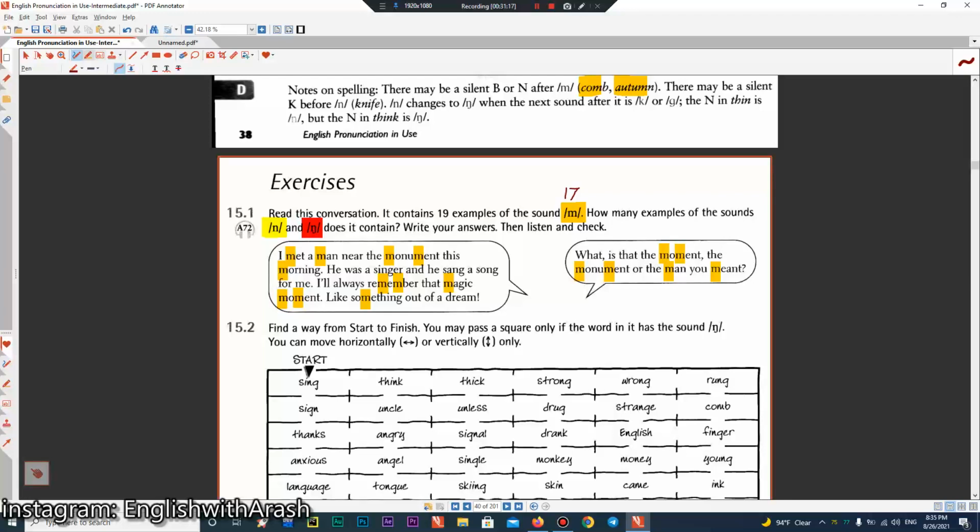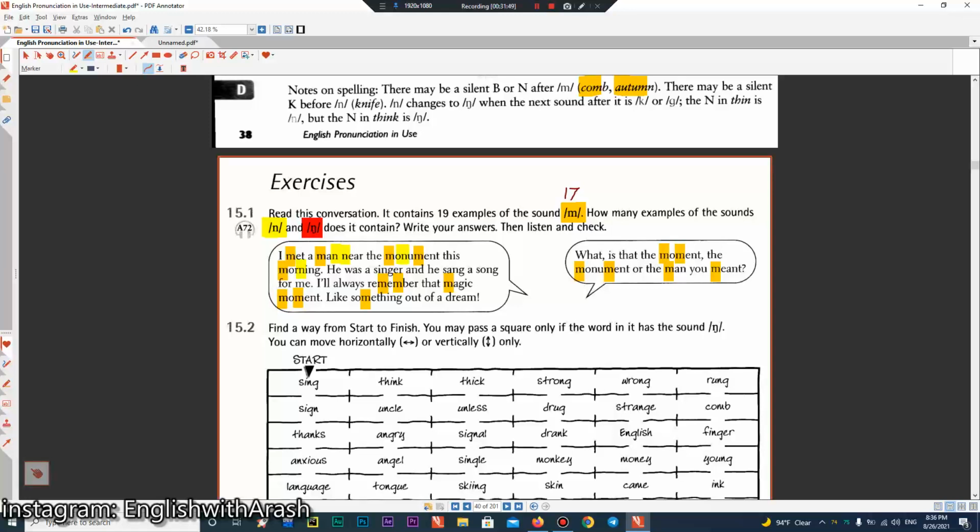Now I'm going to go and look for the next sound, which is the ne sound. I met a man, so I have two ne sounds. Near, another ne sound. The monument, this morning. Here we just have one ne sound. Be careful, because the last one, ng, it is not ne, it is